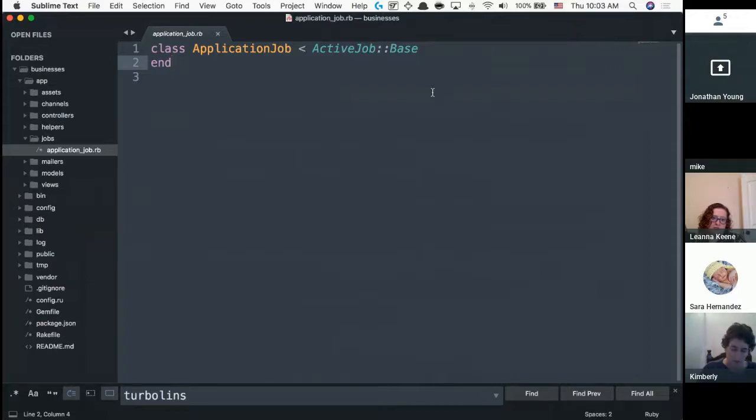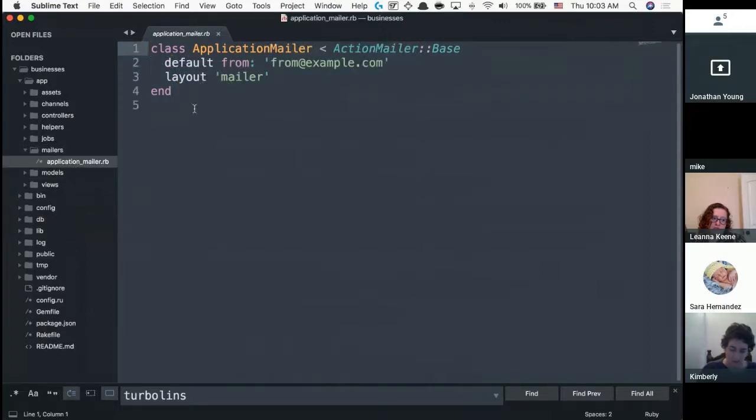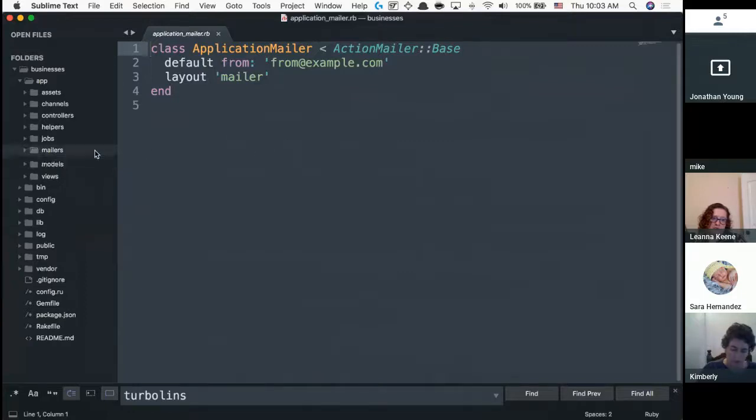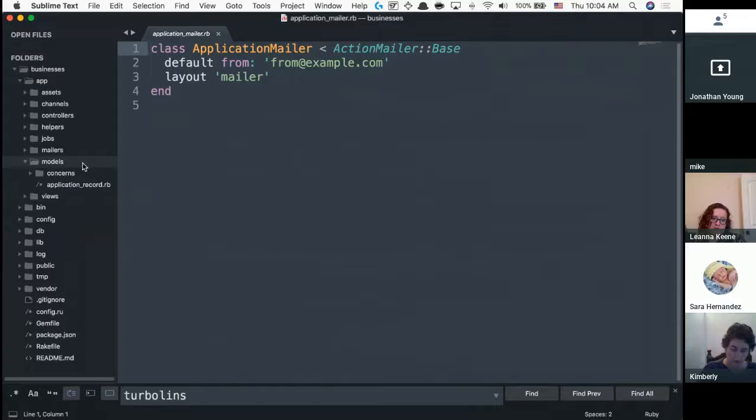So it's basically saying, I'm going to do this work, but I'm going to do it at a specific time sometime in the future. I don't want to hold up everything just to make this happen. That's jobs right here. Mailers is self-explanatory. If you set this up correctly, it can send emails for you. Models are the things that connect down to your database. Views are self-explanatory. It's the things that show up on the screen.